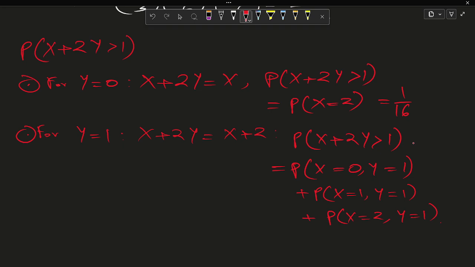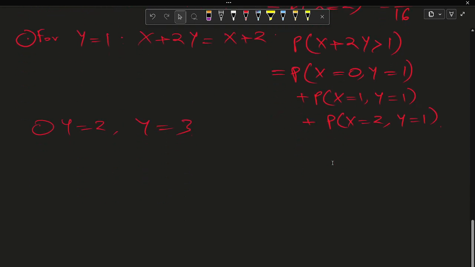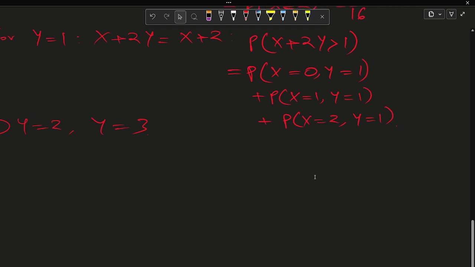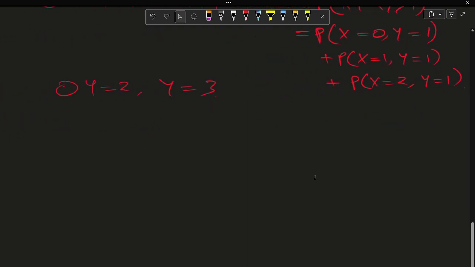So repeating similarly for our Y equals 2 and Y equals 3 cases, we can get some results. So final conclusion will be what? So using the PMFs above, summing all the probabilities of all cases where our X plus 2Y is greater than 1, we can easily see that